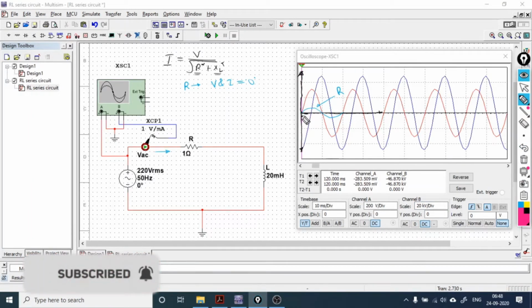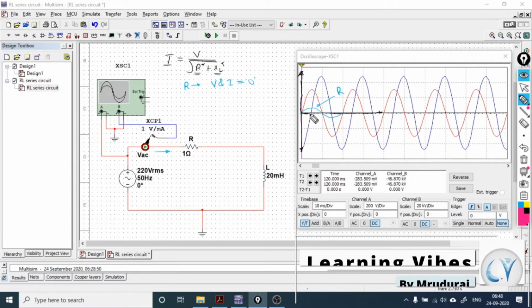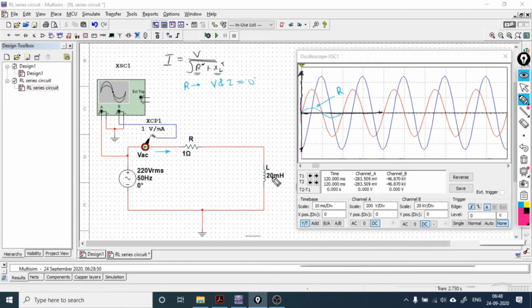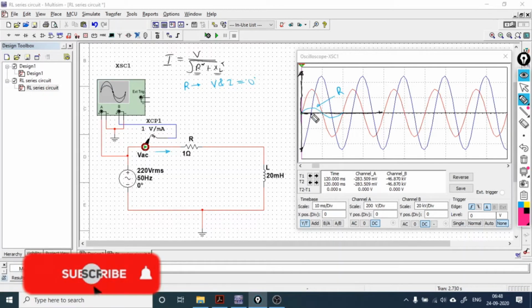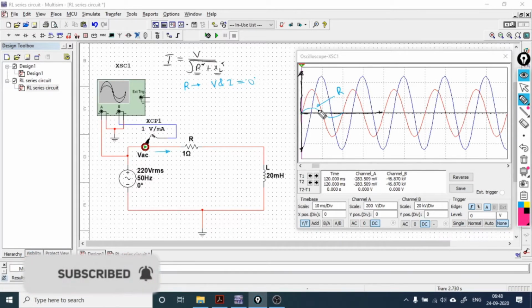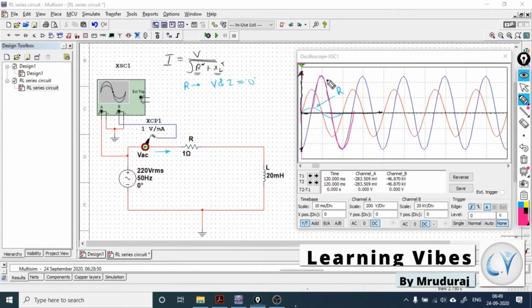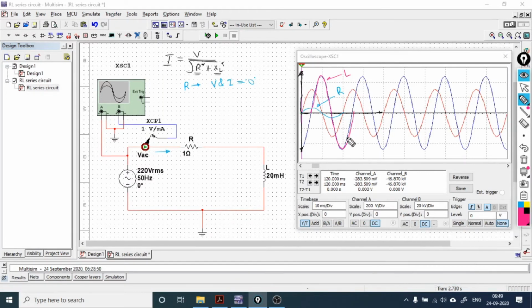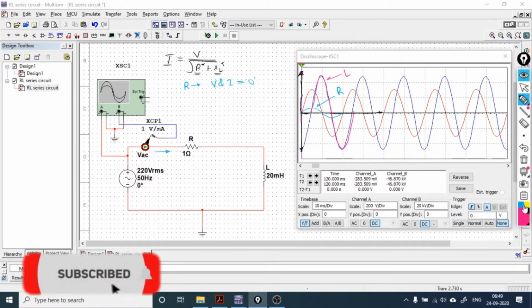Previously it was in phase with voltage and now it's out of phase with voltage, and that out of phase is of 90 degree. So current lags behind voltage by 90 degree. Why? Because we have created purely inductive circuit, or tends to inductive circuit. Now let me draw the waveform of this current. This is current when circuit is purely inductive. So this is the difference you can observe, right?